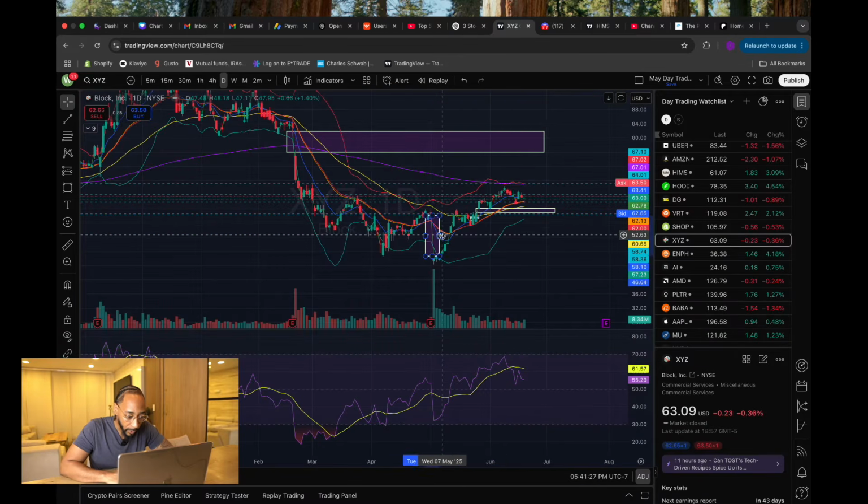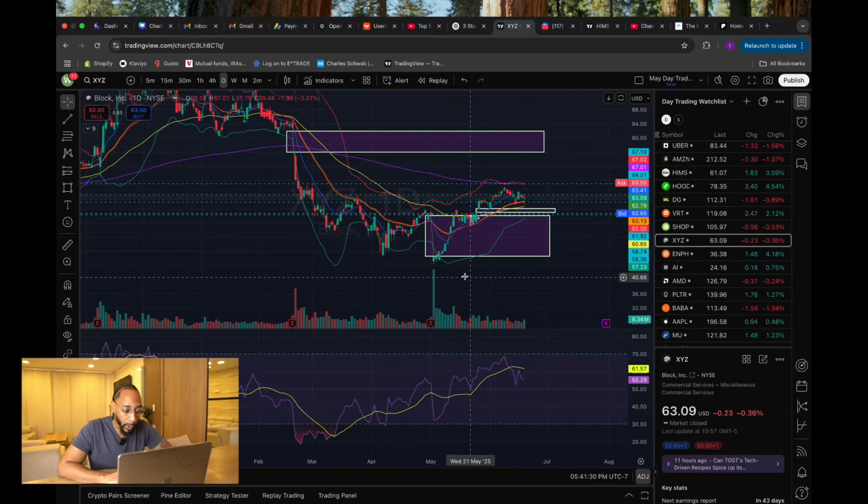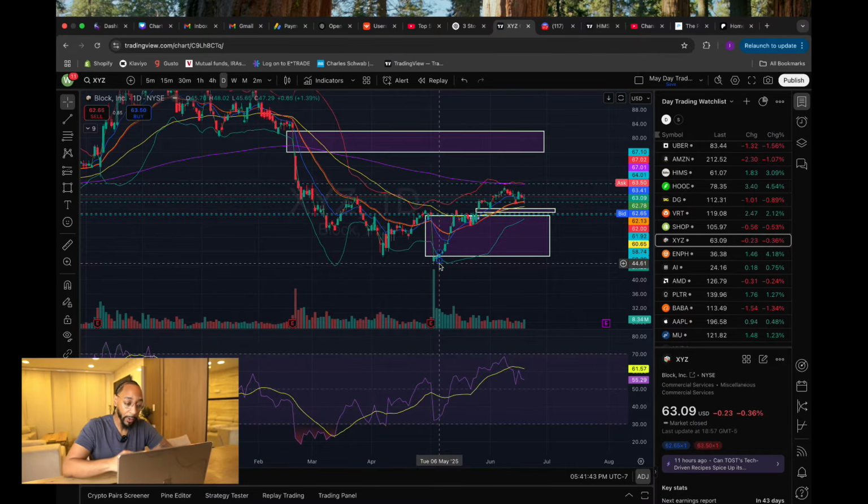All right. So this stock gapped down here. Now look what happened. It gapped down and immediately it started filling this gap right here. All right. Sometimes the stock is going to immediately fill the gap. Sometimes it's going to take a little bit of time for the stock to fill the gap. Okay. But as you can see,